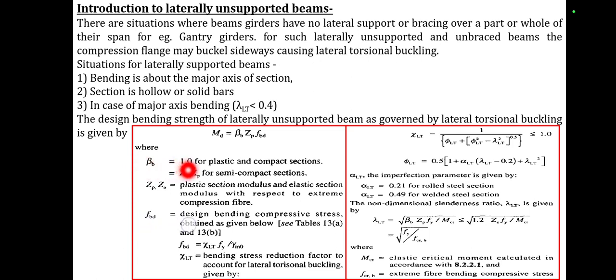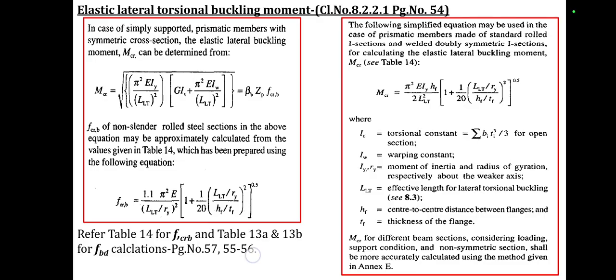Here beta B is equal to 1 for plastic and compact sections, whereas for semi-compact sections it is equal to the ratio of Ze by Zp, where Zp and Ze are the plastic section modulus and the elastic section modulus with respect to the extreme compression fiber, and fbd is the design bending compressive stress obtained as given. See table number